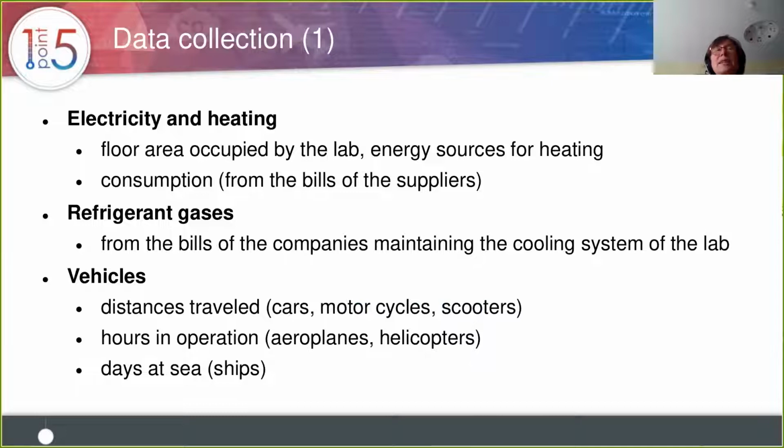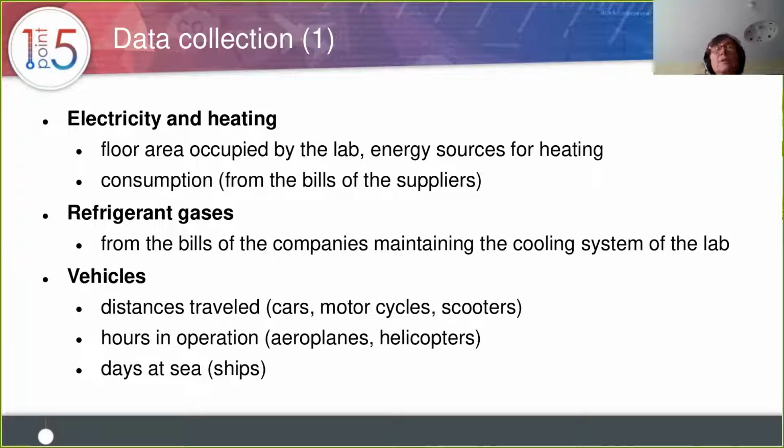So data collection: what we ask people to get for every laboratory in terms of electricity and heating, we need the data about the floor area occupied by the laboratory in each building, because laboratories may share the same building with other people. What are the energy sources for heating, which could be public heating, could be gas heating or whatever.